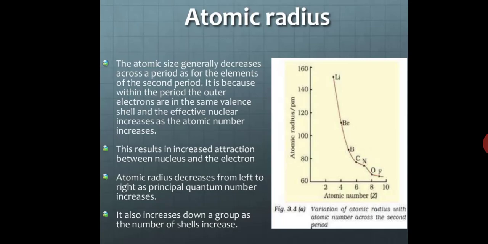Rather, I should say, in any particular period, the atomic size of alkali metals is the biggest. Then the second position generally comes to the inert gas. Or in certain cases the inert gas is in the first position, then the alkali metals, and after that it decreases as usual. That also is there, an exception. But generally we find that the atomic size of the first alkali metals is the biggest. Then after that we get the noble gas. Got it? Then after that we get the other elements.